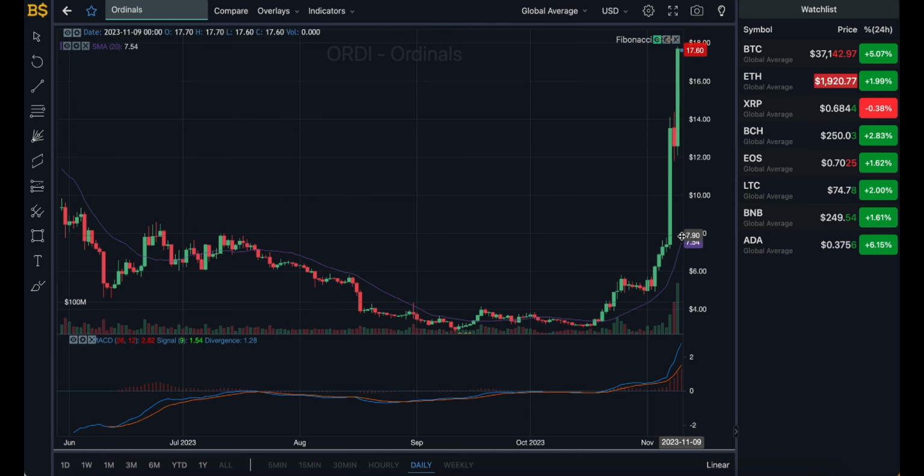Yes, that's probably not what you guys expected, but due to the fact that it's pumped up so much in a space of about 10-15 days. Over the long term, so not really long term, but over the next couple of weeks, I'm expecting it to have dropped back down to where it was before. Below $8 is what I'm expecting Ordinals to be trading at towards the end of the year, unless the crypto